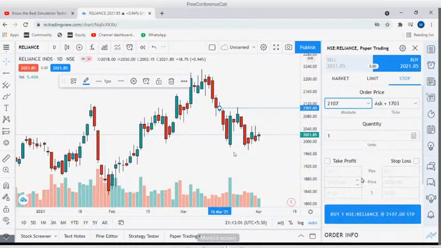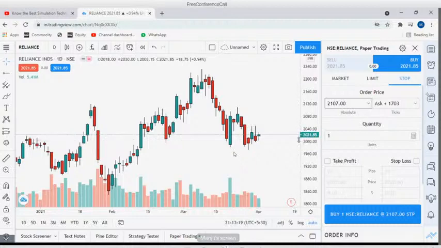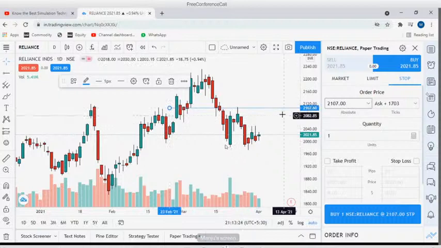You would have seen people in channels or somewhere give calls like buy above this level. Do you know why they tell like that? Many people have this doubt. Now the current price is 2021, and someone will tell you buy above 2107. You'll have one doubt in your mind: currently it is less than this, so why are they telling us to buy above 2100? I'll buy at this level only and get a cheaper price, right?